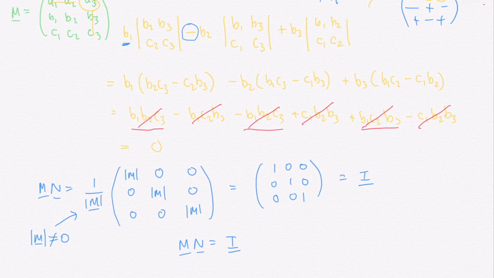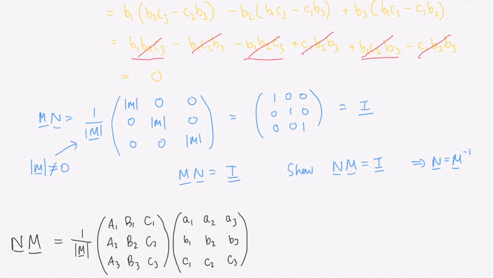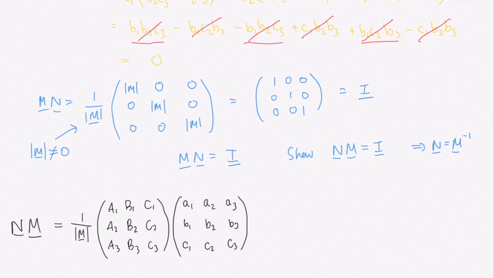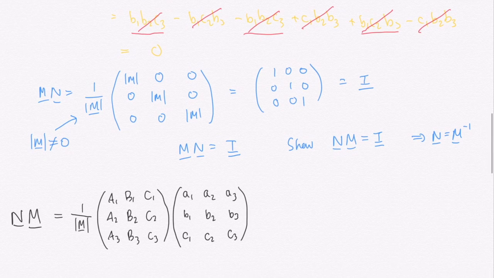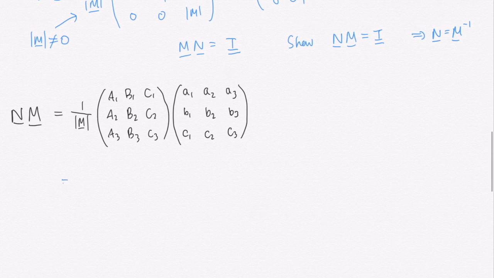So what we have shown is that m times n is equal to the identity matrix. However, that's not quite enough, because remember, we also need to show, and we haven't done this yet, that n times m is also equal to the identity matrix, and then we can conclude that n is in fact the inverse of m. Okay, so this is doing n times m, and what we have here is them in the opposite order, so we've got n multiplied on the left. And we might want to go about multiplying out this matrix again. So firstly, we do have 1 over our determinant of m,